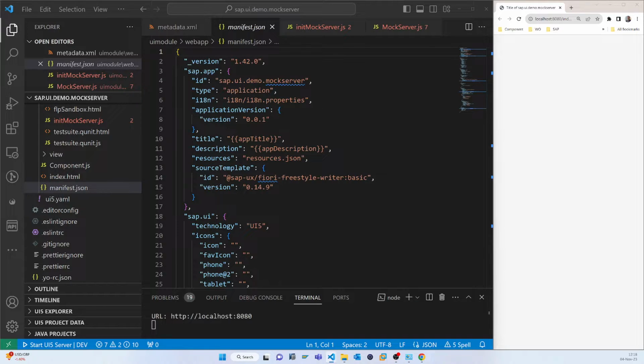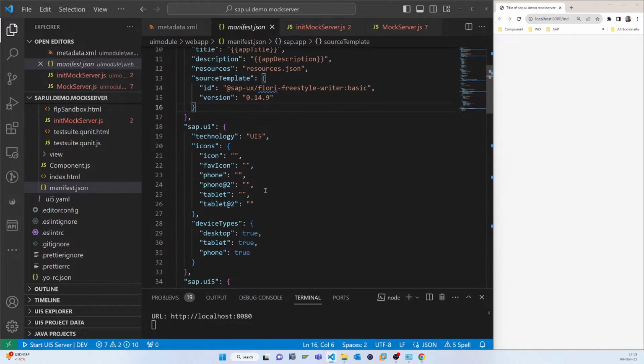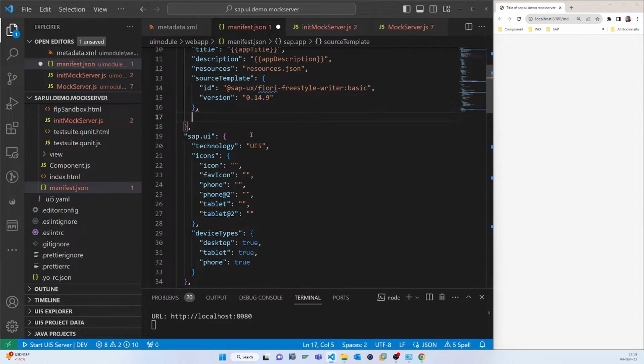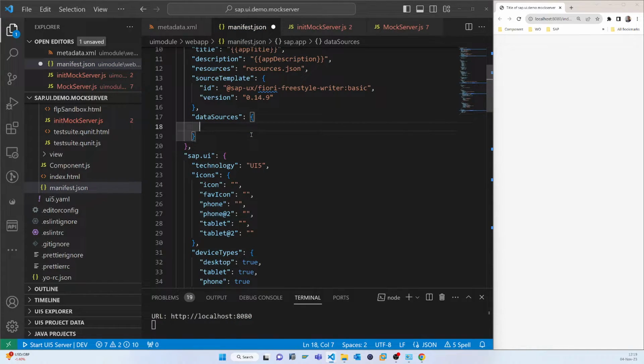So here, basically first of all, in sap.app, you can see that is the last here. So inside that sap.app you have to create another data source. And what is the name of the data source? Like you can say, that is the main service. Then here